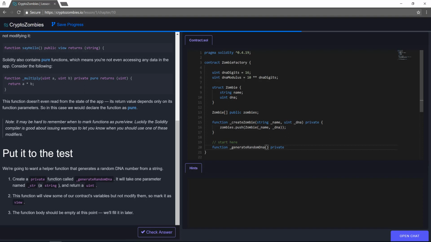It will take one parameter named _str of type string and return